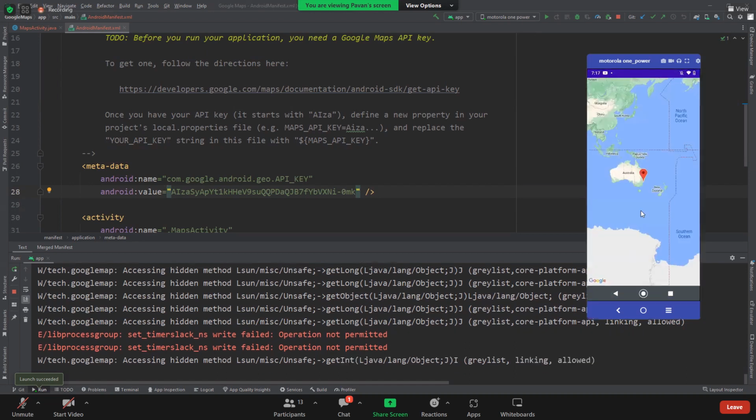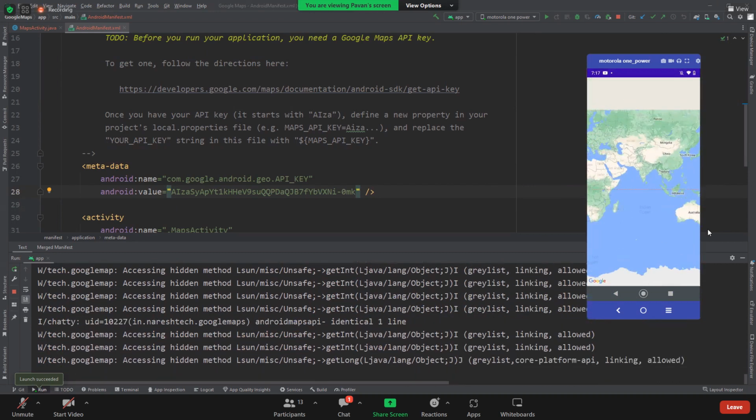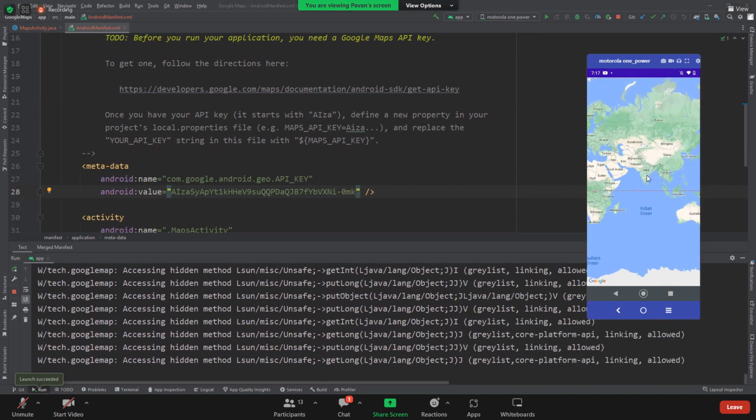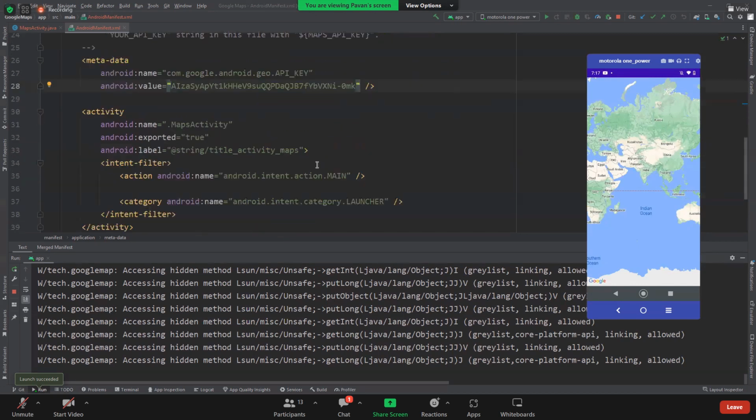So this is the default location, right? So how do we get this location to our own location? If you want to get this to India, let us say, especially to a particular location, for example,